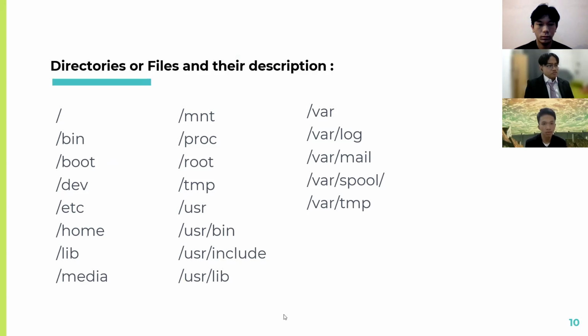These are used, for example, if the system uses multiple hard disks or hard disk partitions. It's also often used for remote network file systems, CD-ROM or DVD drives, and so on. /proc is a virtual file system showing information about processes as files. /root is the home directory for the superuser root, that is the system administrator.